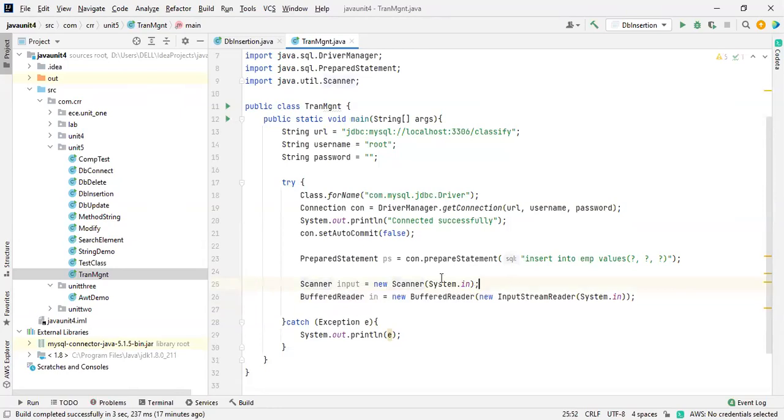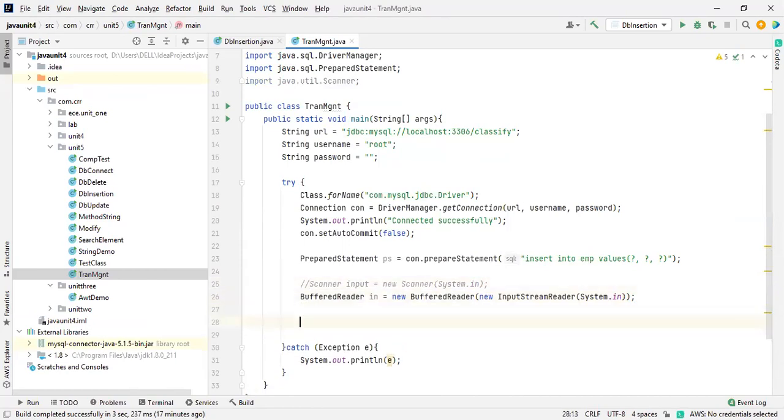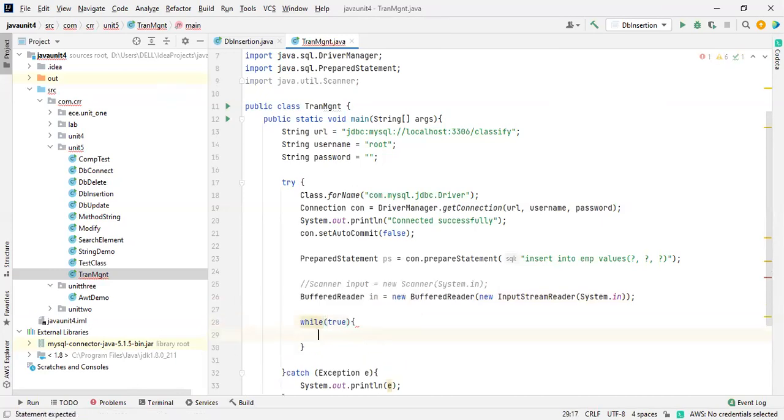Okay. I don't want to use this. I just want to use this, okay, this is the new thing, right? Just follow this one. So now I'm going to give the data. So what I need to do here, every time I'm going to check whether you want to insert data, yes or no. I need a loop over here. So inside the loop, I'm taking it as true. Just a second, I will tell you everything.